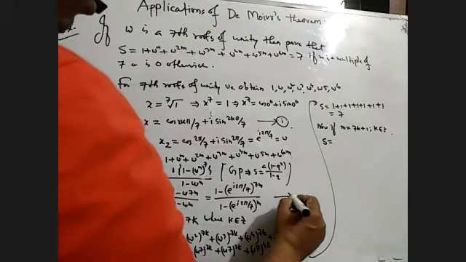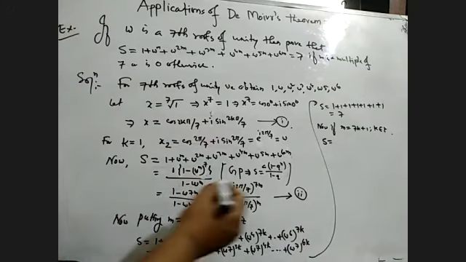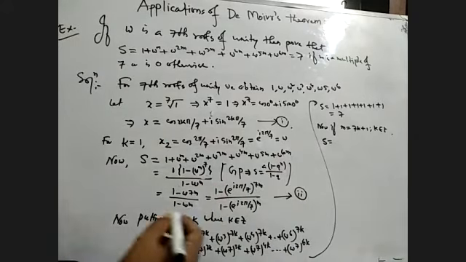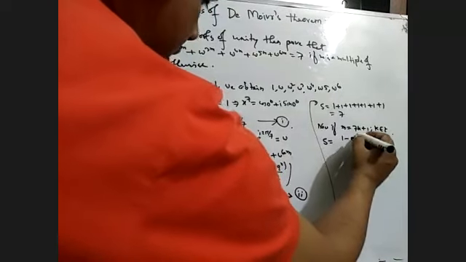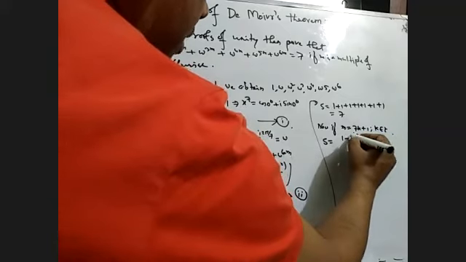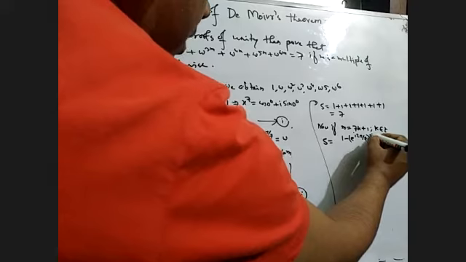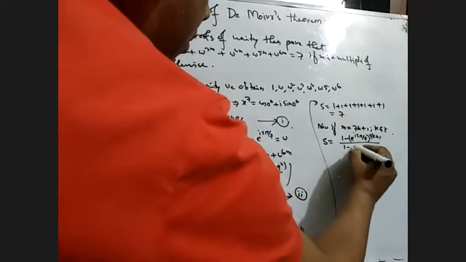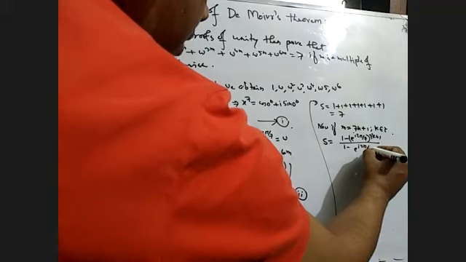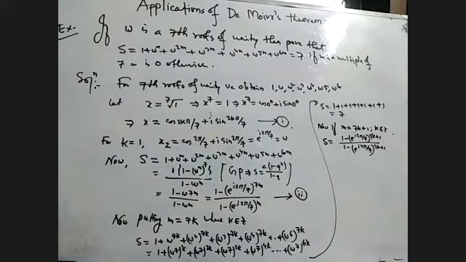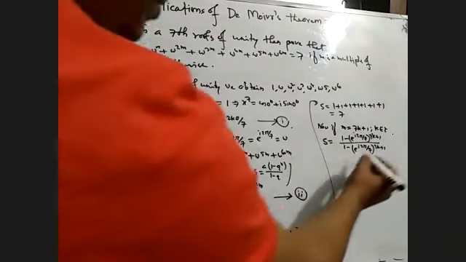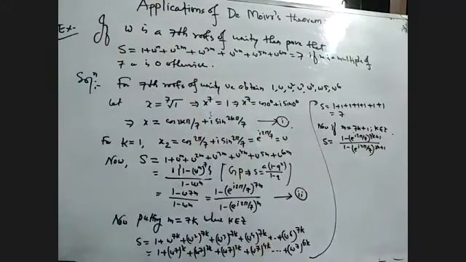In that case, suppose this is equation number 2, this sum can be written as 1 minus e to the power i twice pi by 7 to the power 7k plus 1, divided by 1 minus e to the power i twice pi by 7. Sorry, m equals 7k, 7k plus 1.